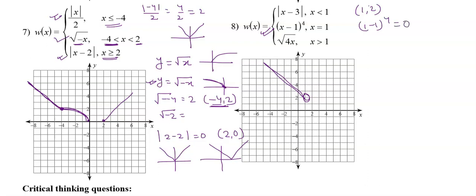Let's come to the third function, square root of 4x, where x is greater than 1. So let's find the point first. When x is 1, the y value is square root of 4 times 1, which is just 2. So basically the point is (1, 2), and there will be a hole at this point because x is not equal to 1. Let me mark the point (1, 2). So (1, 2) is already a hole anyway.